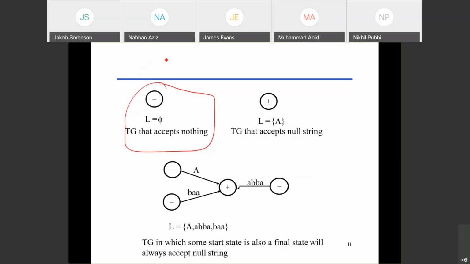Start state, and then I will say A comma B, and this goes to another state, and then here A comma B. This is the valid FA for this, because you are taking care of A and B from this state, A and B from this state, and there is no final state. It is not doing anything. It is the null language. This is the null language of this machine.